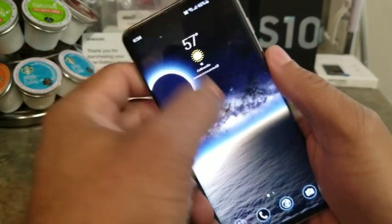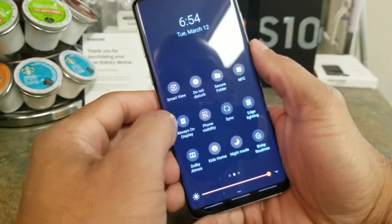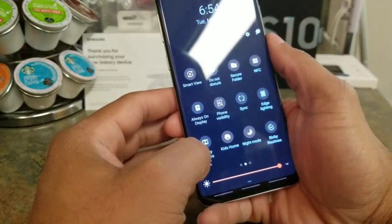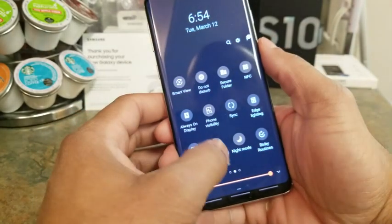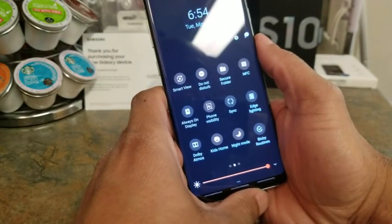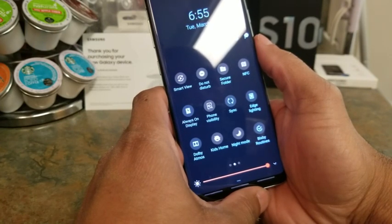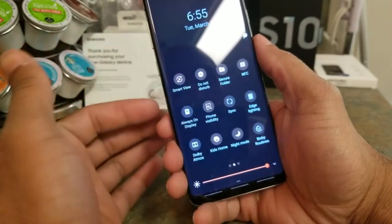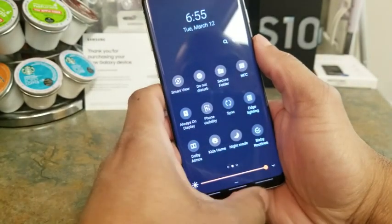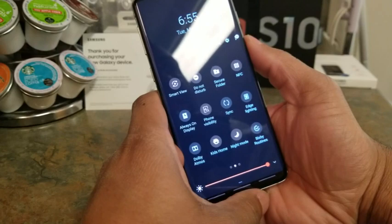Now let's go back down and look at these settings, because on the second one, you have the always on display, the Dolby Atmos right there. Kids home, I don't know what that is. Night mode reverses everything on your screen to black and white letters, which is easier on your eyes. It saves the battery. Plus, with this theme, I can't do it because it's already a dark theme. But it saves the battery, and it's not as much strain on your eyes. And at nighttime,